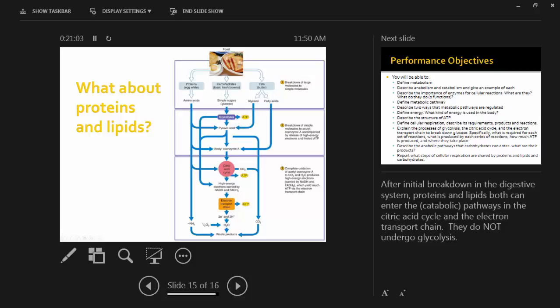produces ATP and water. These fats and proteins, they don't go through glycolysis. That is strictly for sugars. But they do get turned into pyruvic acid or pyruvate and acetyl coenzyme A, which is another step, and go into the citric acid cycle. So the proteins and the fats you eat also follow this cellular respiration pathway and produce energy for your body.